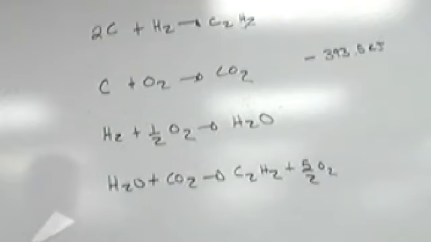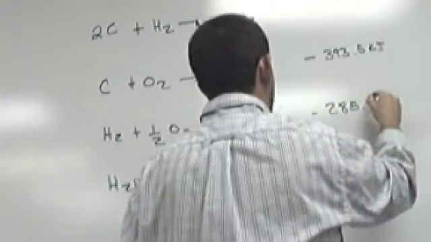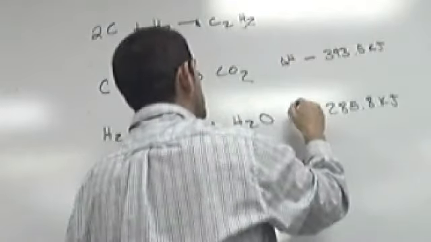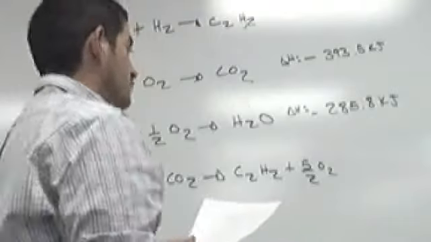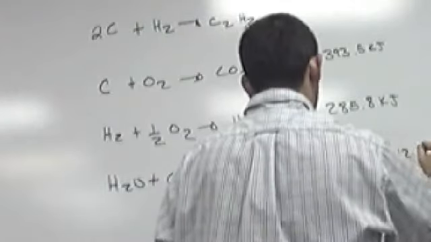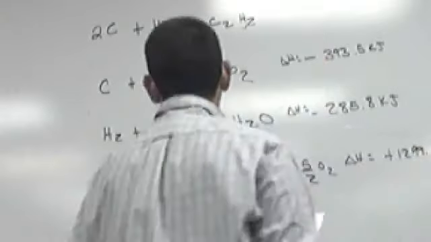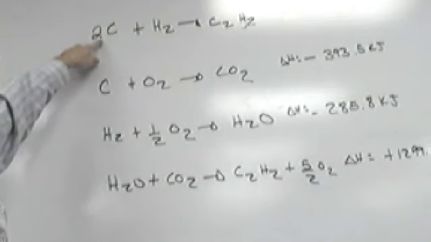When we look at the H2 plus 1/2 O2, that's negative 285.8 kilojoules. Again, these are the delta H values for these steps. And then this bottom one would be a positive 1,299.6 kilojoules. Now, as I look at this, I know that I have to have 2 moles of carbon in